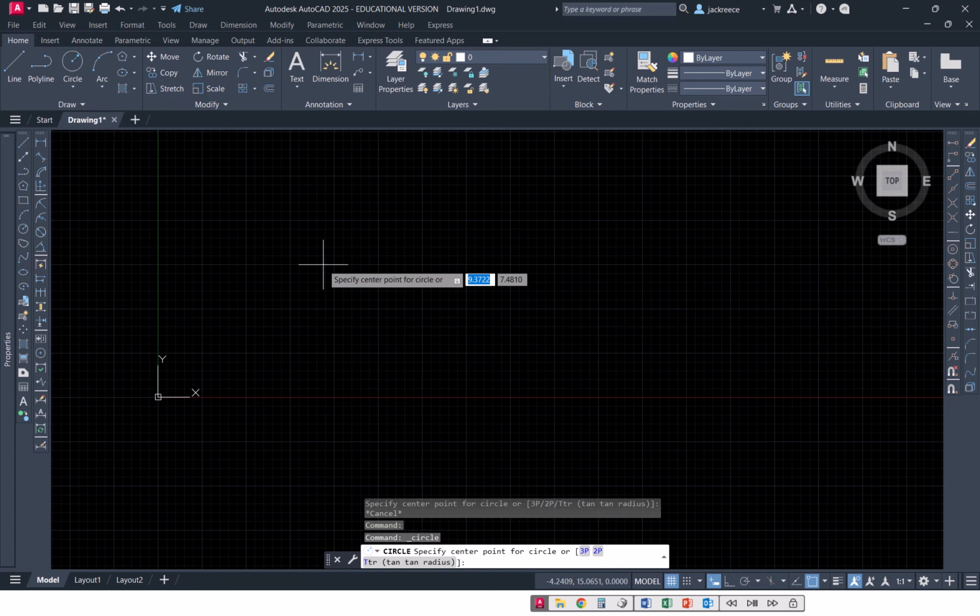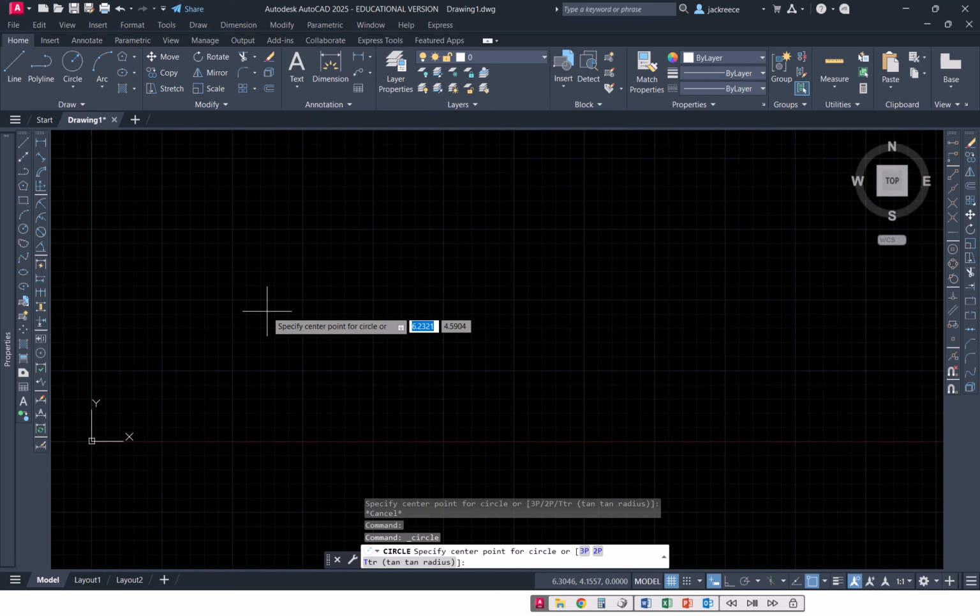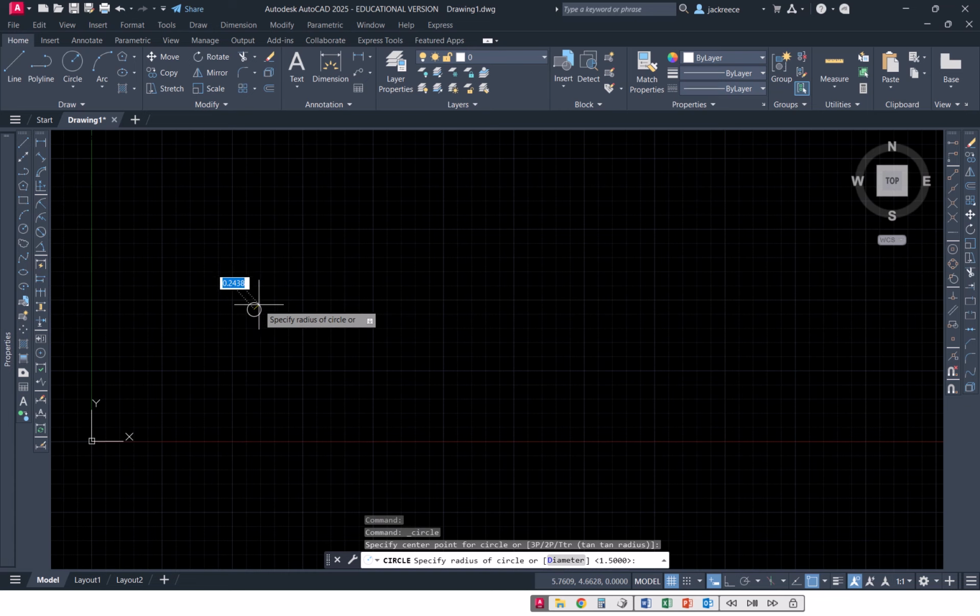But most circles are dimensioned with a diameter. Okay, and so the first thing you do is you pick the center point, and you can see here now it's asking for the radius, and I can type in the radius that I want. Down in the command line, you have the option to change over to diameter. You just press D on the keyboard and then enter, and then you type in whatever your diameter is. And so we'll come in here, let's say a radius of 2,